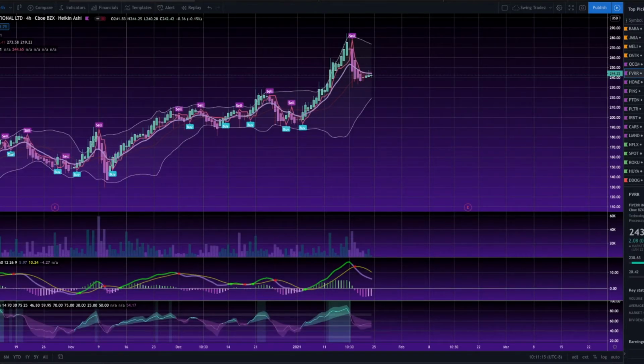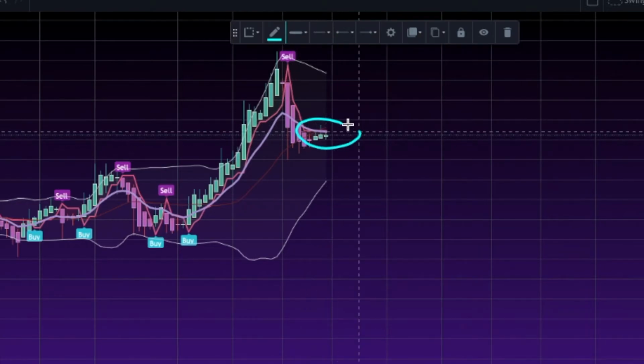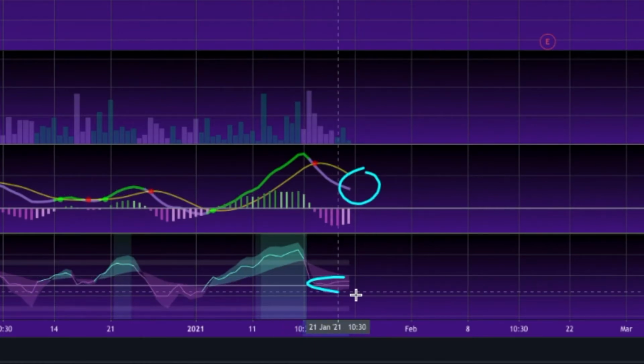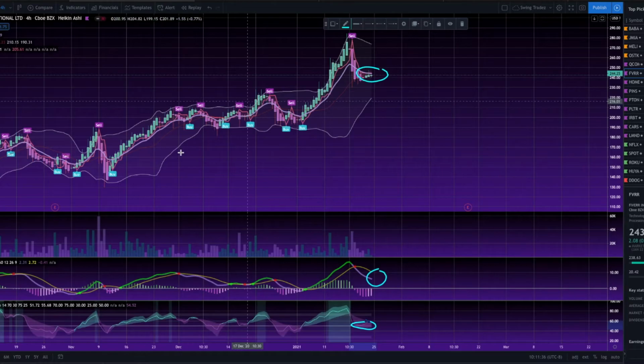Now looking at Fiverr, very similar situation. Got a little sideways price action. MACD is not in bullish convergence yet. RSI is also going sideways on the 50, right in the 50 zone. However, it in general is going to the upside, and I am waiting again to see if there's a little